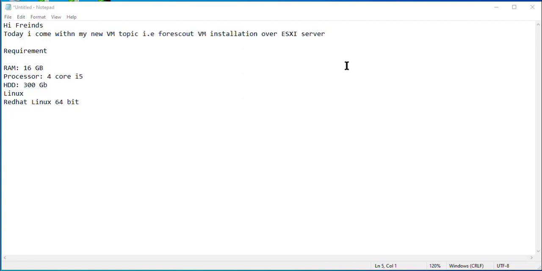Hi friends, good morning. Today I come with my new VM topic, that is Forescout VM installation over ESXi server. I already have an ESXi server. The below mentioned things I have already mentioned, the requirements for the Forescout VM installation, that is RAM of 16